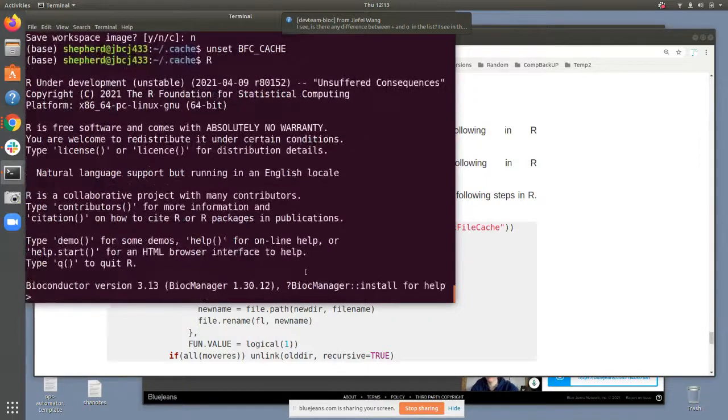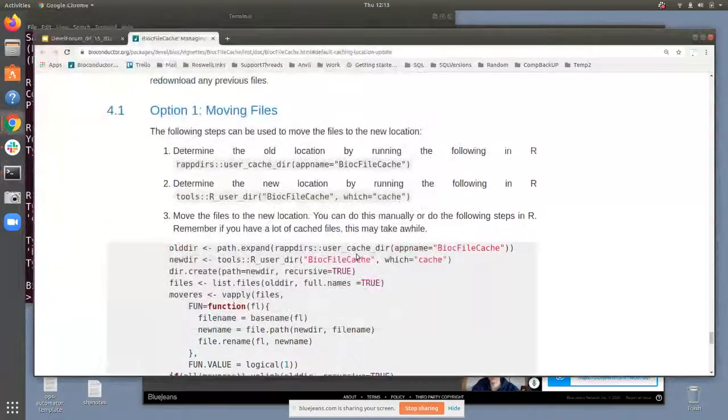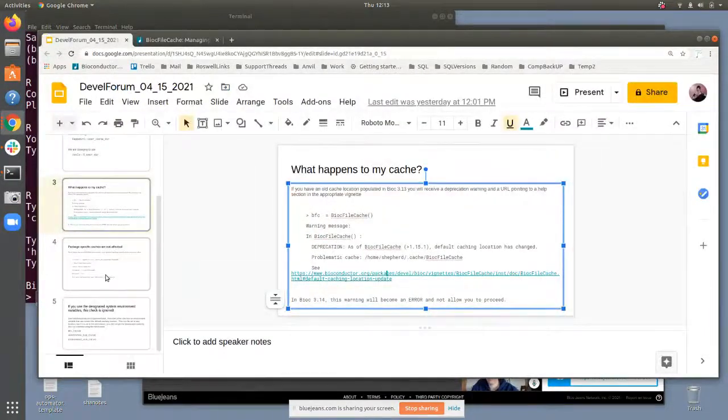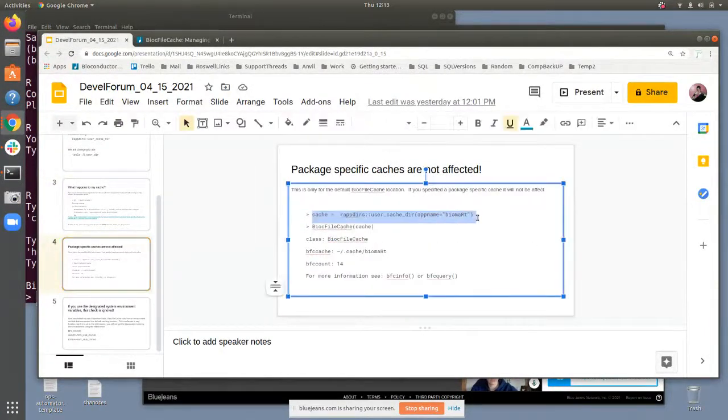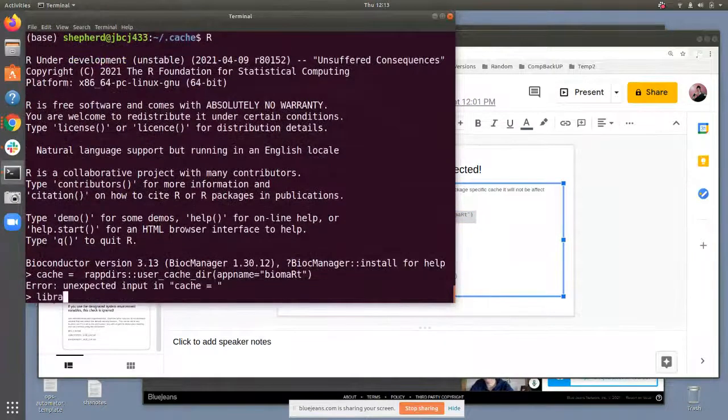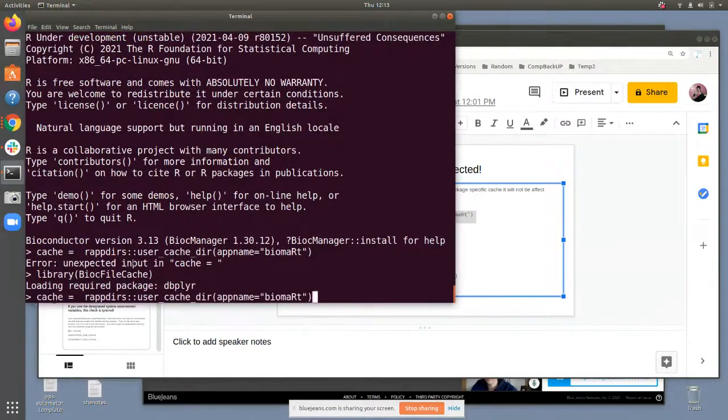For argument's purposes too, just to show, if you had used package-specific code and had set the cache, because BioC-FileCache has that caching argument,